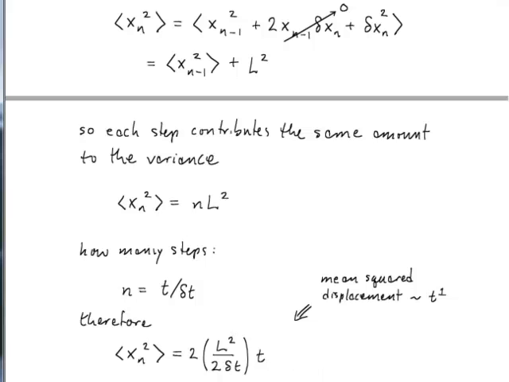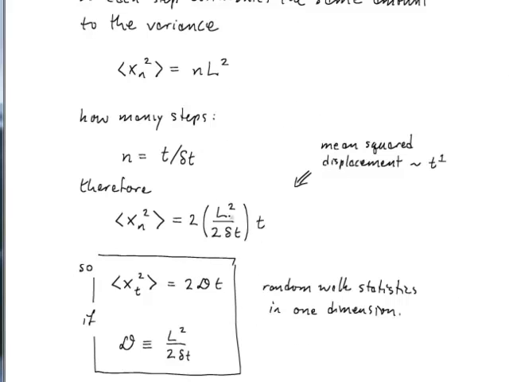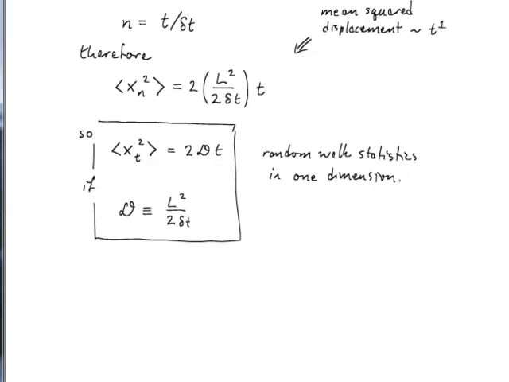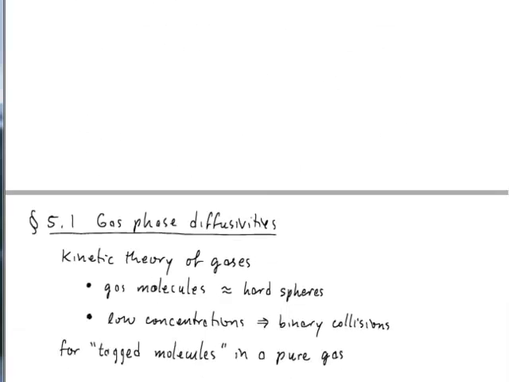Okay, so that's a pretty useful estimate to remember. You can get an order of magnitude on the diffusivity by thinking about the size of steps and the frequency with which they occur, and taking a ratio of those two things in this manner. The key result now is that the mean squared displacement as a function of time is proportional to time and to the diffusivity with this factor of 2, where we've defined diffusivity as L squared over 2 delta t. Okay, so that is a little introduction to the way diffusivities work.